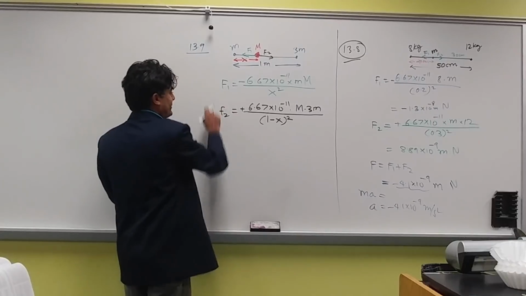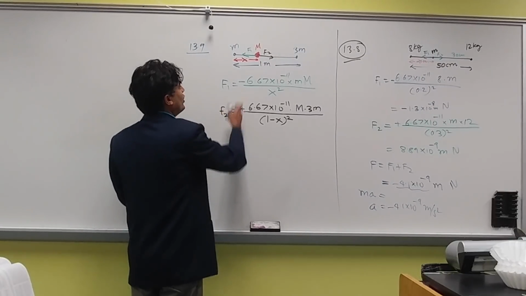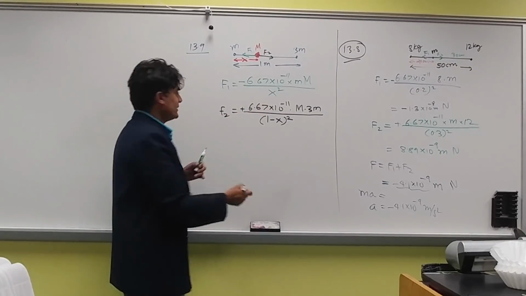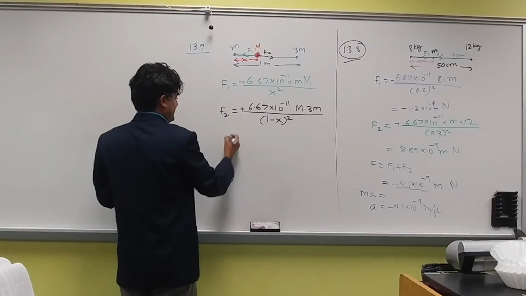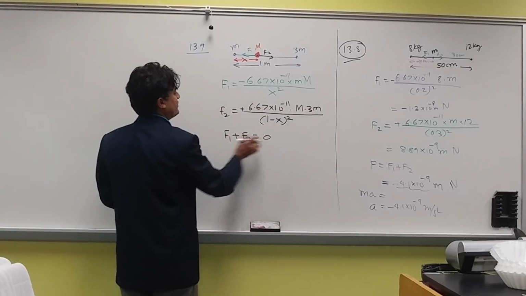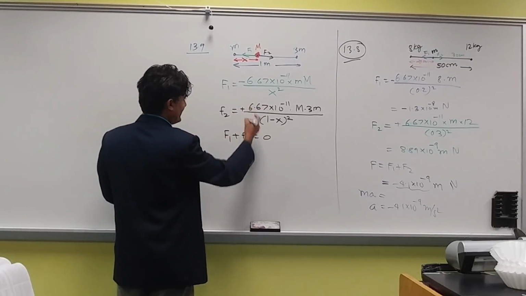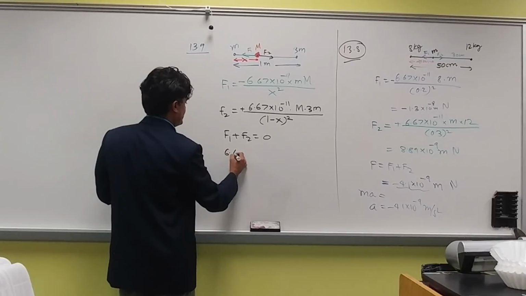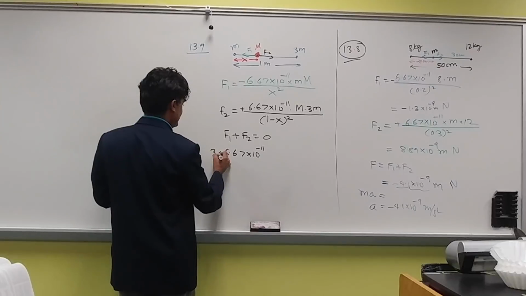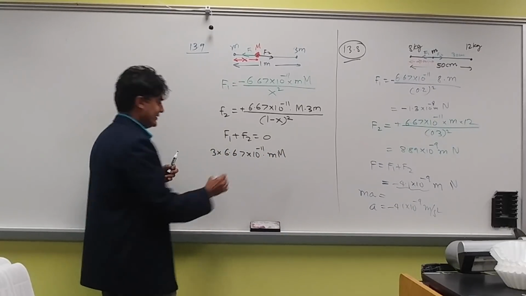The net force is what? F1 plus F2 will be 0, isn't it? So this plus this is 0, or this equals this. Negative, because minus goes on the right and will be plus. So for this to be in equilibrium, F1 plus F2 will be 0, or in other words, this equals this. So let me write it down. 6.67 times 10 to the negative 11 times 3 times m and capital M,